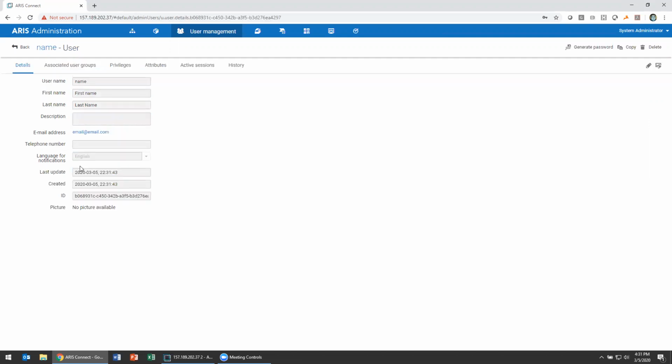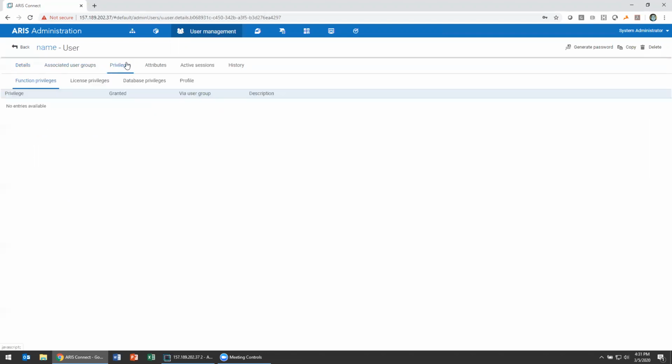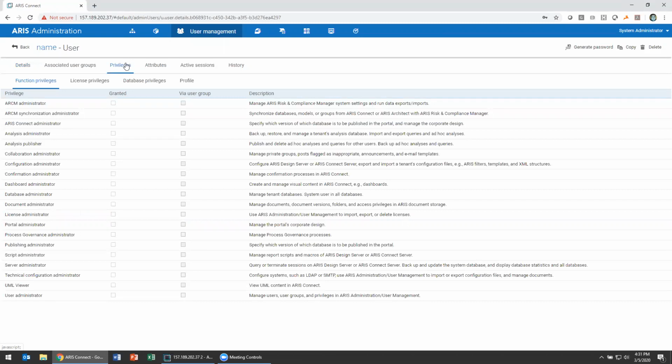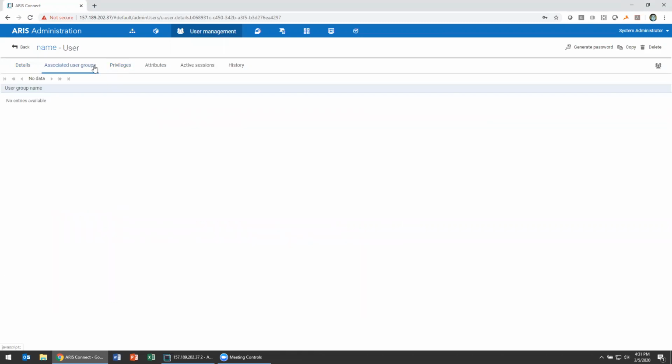Now, once I've created this new user, there's a couple of different types of privileges I can give them. First, I can directly allocate privileges of a few different types, which we'll take a look at in a second. Alternatively, I can put them into a user group. A user group can have any number of these same privileges, but for reuse and ease of access and pulling people out of permissions groups, putting in the new ones, sometimes we'll set up user groups, in fact, almost all the time,